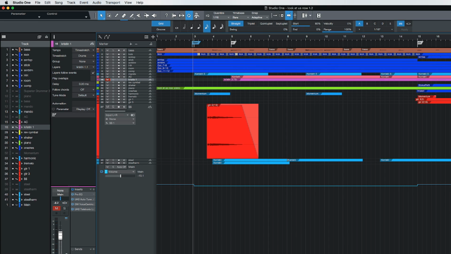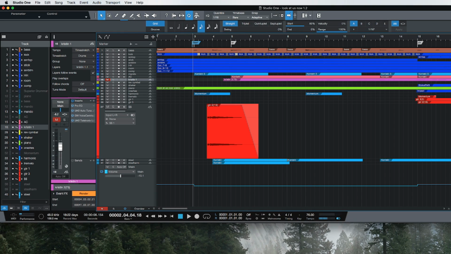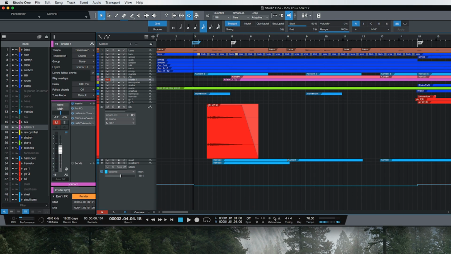So now in Studio One 5, you can come down here to the bottom, and I want to make sure that you all can see this. So let me bring this up just to be sure. You can come down here to the bottom and hit click. Okay. Then when you start,